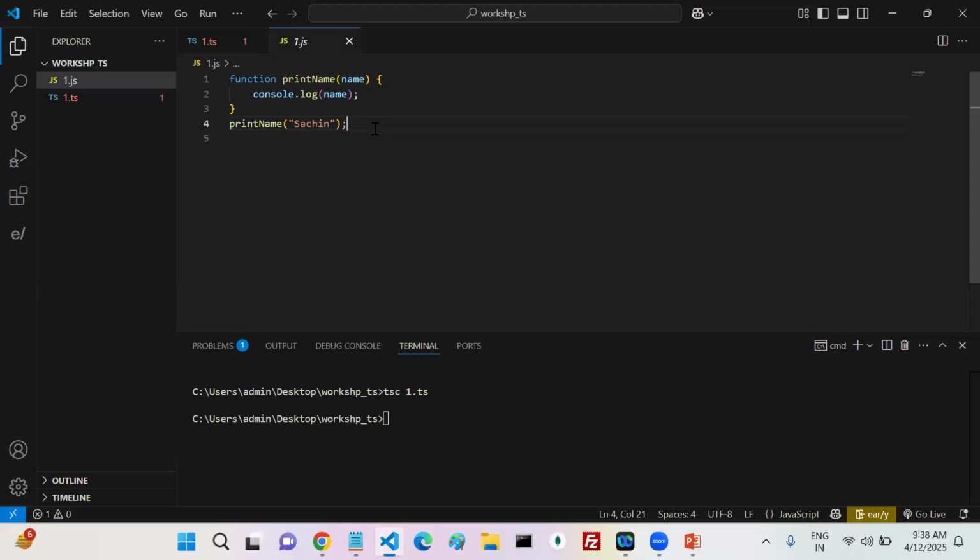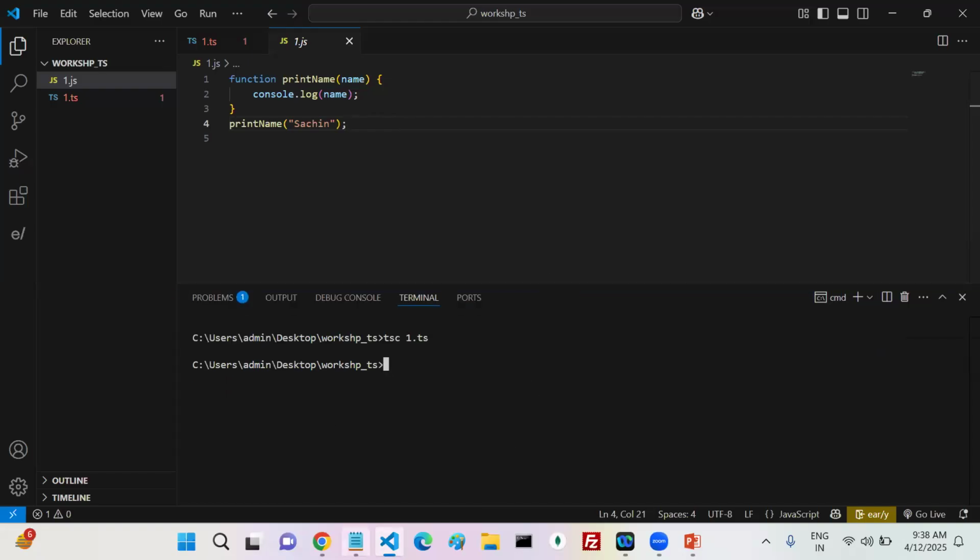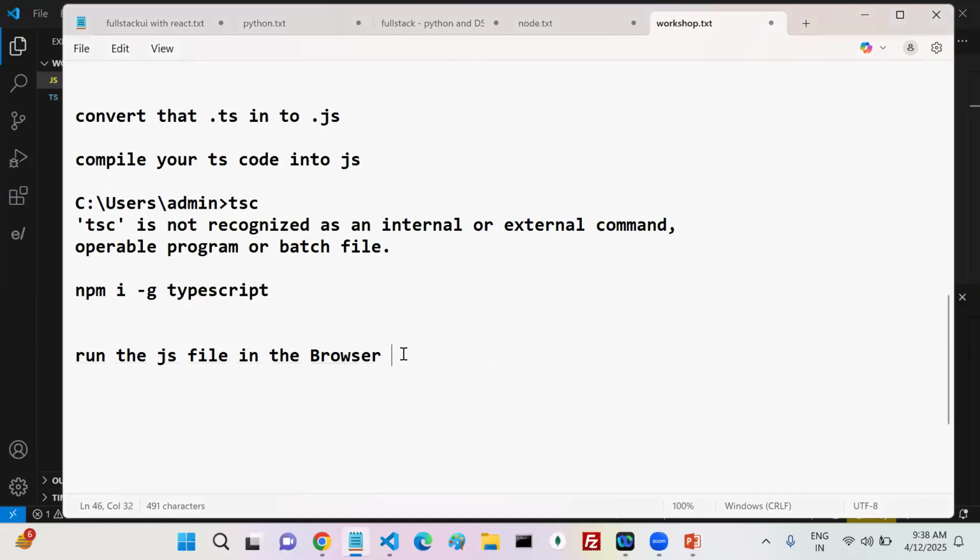TypeScript is only in development mode. That's it. At the time of running, TypeScript code is not run. That is converted into JS. Now this JS code is going to run. So how can we run the JavaScript file? JavaScript files we usually run in the browser. But outside the browser, can I run the JS files? Yes, we can run it. We have the node environment. By using node, they provide an environment to run the JS file outside the browser.